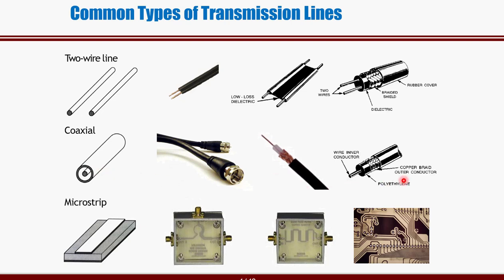So these are known as coaxial cables, generally used for transmission of television signals or antenna signals. These two-wire transmission lines are also used for antenna signals. In the old days, we have seen this kind of cable for our antenna. Then the third category is microstrip.